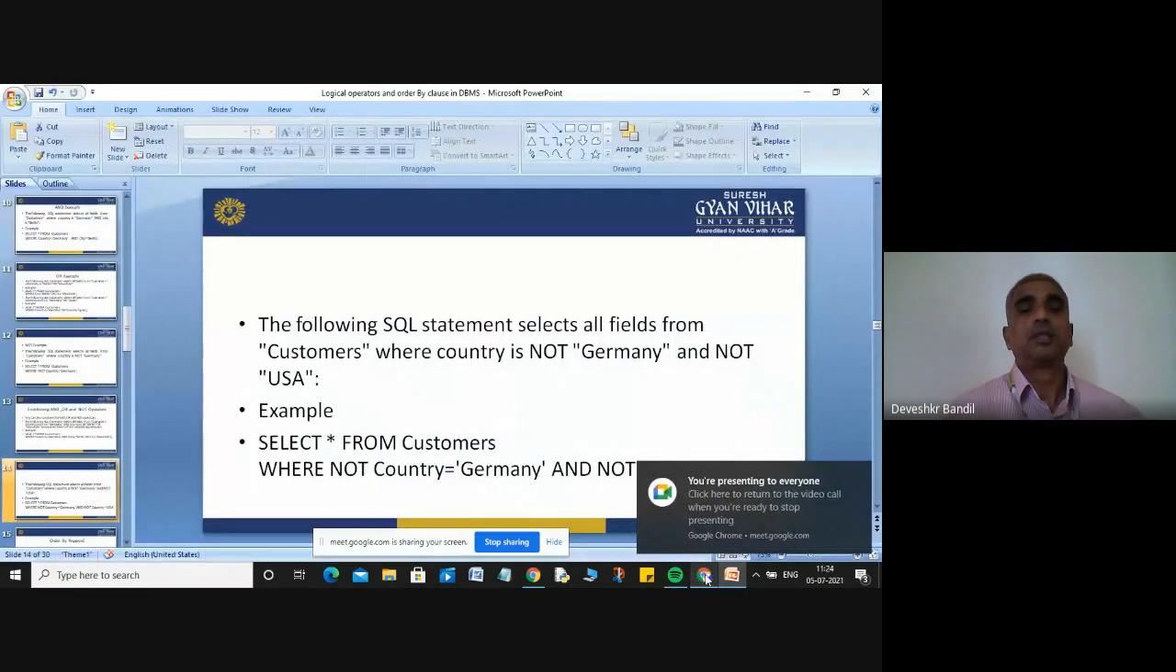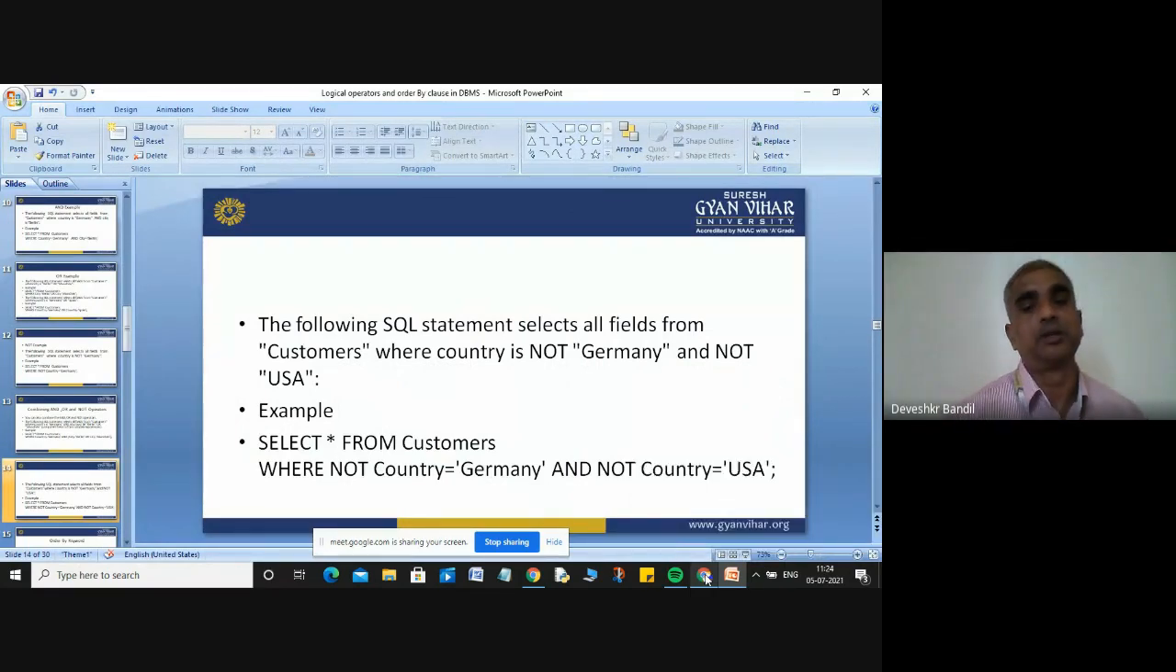and also the following SQL statement selects all fields from the customers whose country is not Germany and not USA. Okay, so here you can see: select star from customers where not country is Germany and not country is USA. So when this query executes, only those records will be selected which have country neither Germany nor USA. Okay,